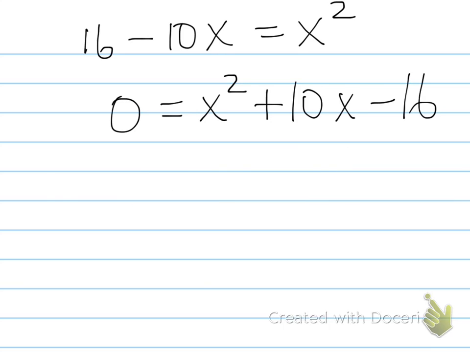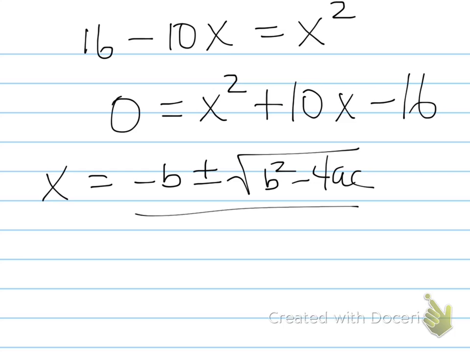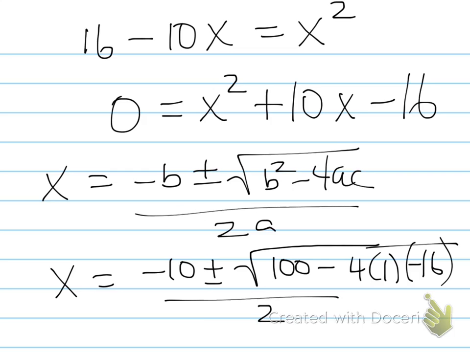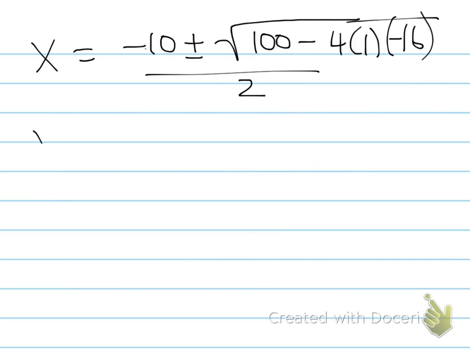And let's jump now to that quadratic formula. Negative b plus or minus the square root of b squared minus 4ac, over 2a. Okay. So what do we have here? x equals minus 10 plus or minus the square root of 100 minus 4 times 1 times negative 16, all over 2. Okay, x will be equal to minus 10 plus or minus the square root of